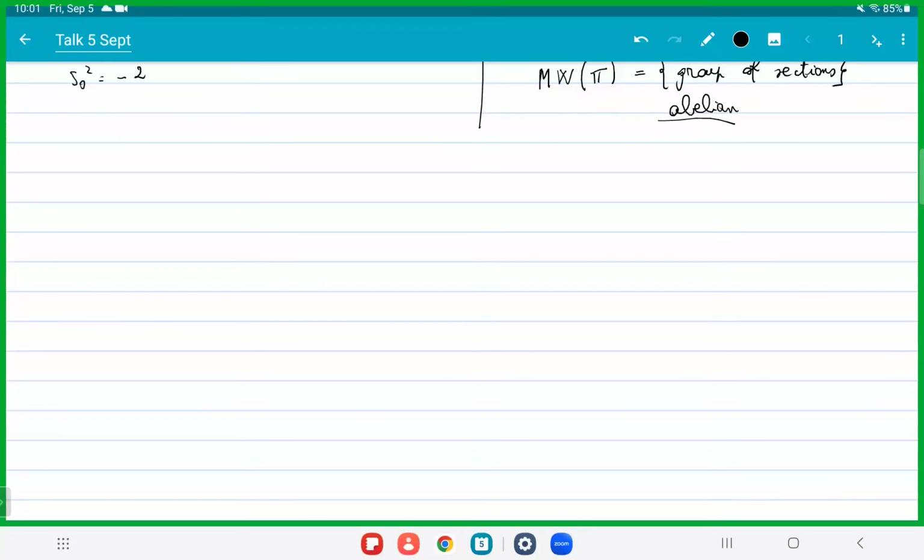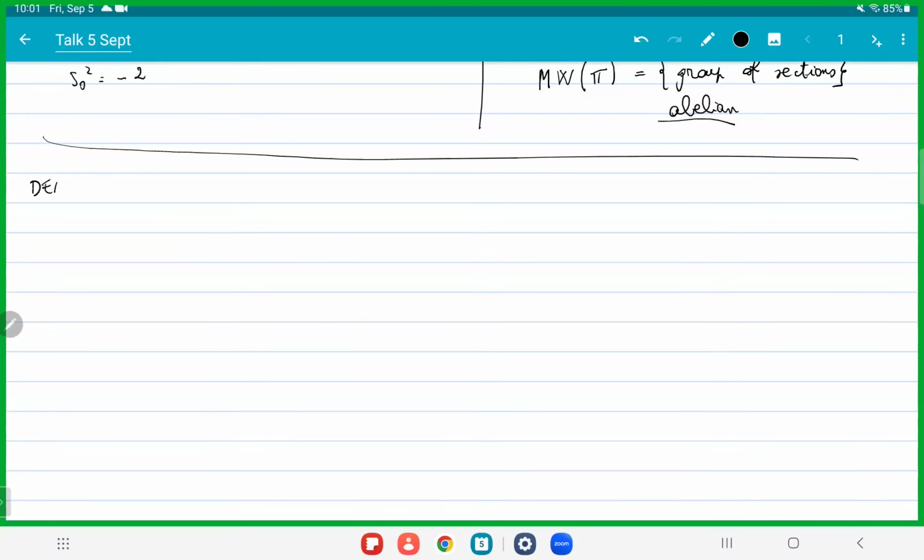So yeah, for instance, no, that makes sense. First, I need to explain something. So before I go back to this example that I had in mind, let me give a definition/proposition.